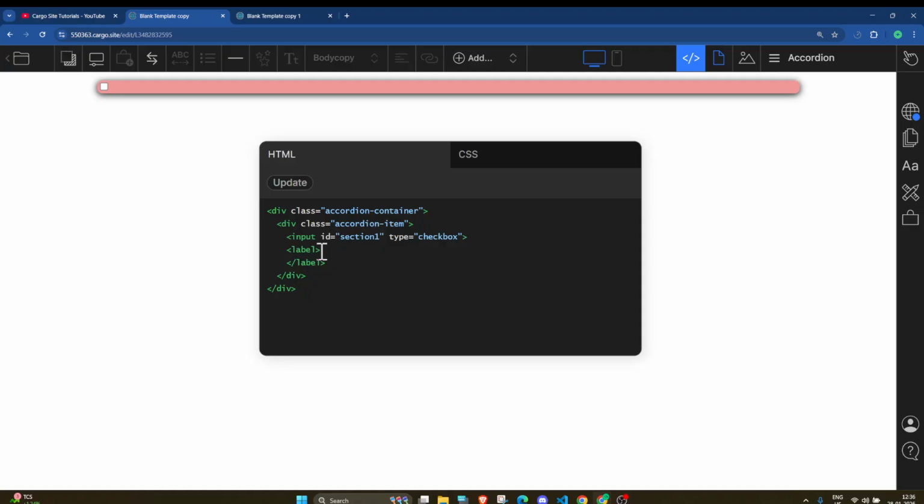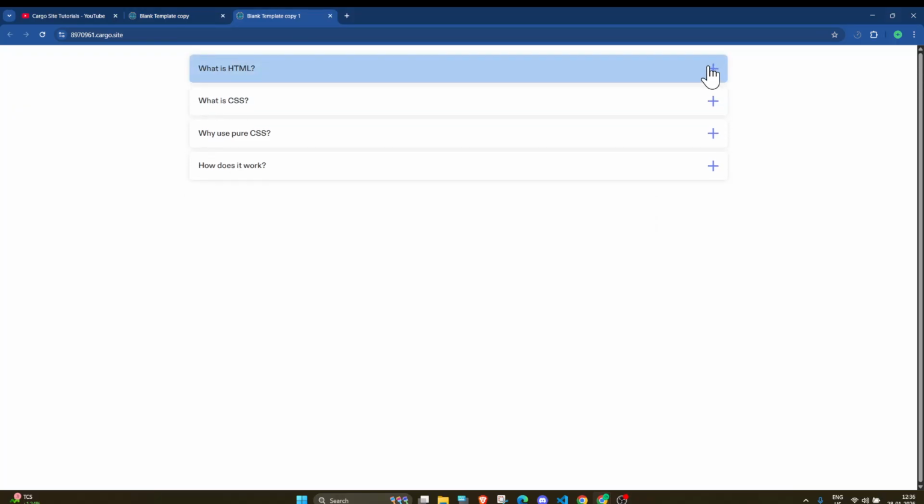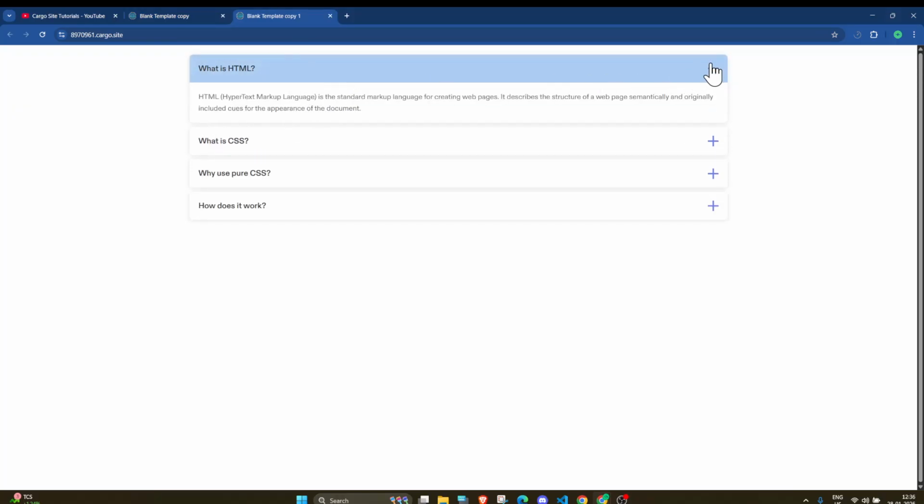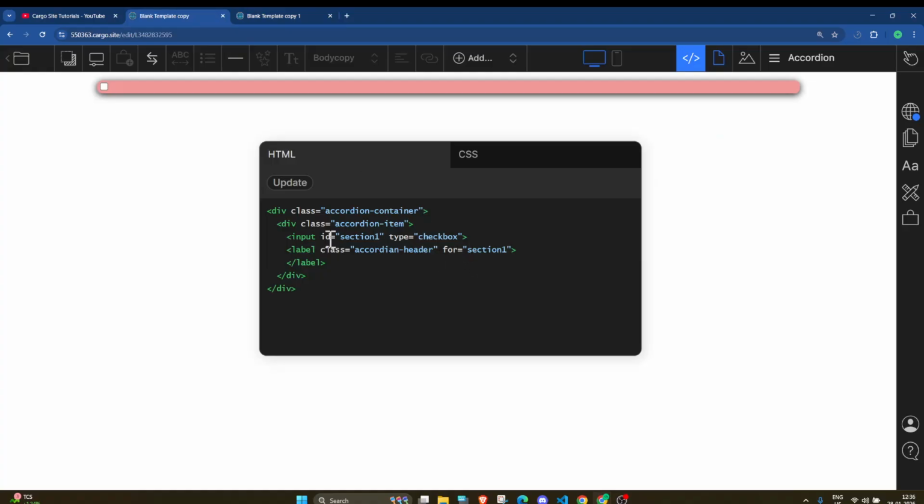Now I will give another class to this, which is accordion header for, and in this for field we will paste the same ID which we added to this input field. Here you can see both are the same, because we want to trigger this so that the expand and collapse work properly. So make sure this ID is the same.